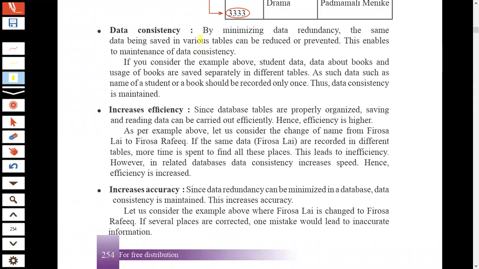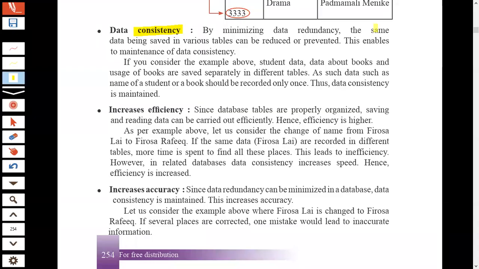And the second thing is data consistency. Consistency will be increased when inconsistency is eliminated.